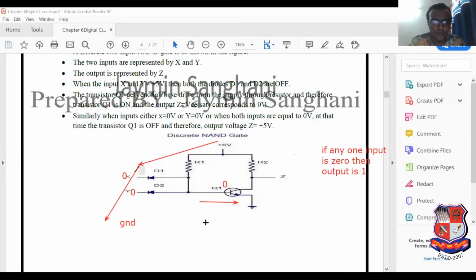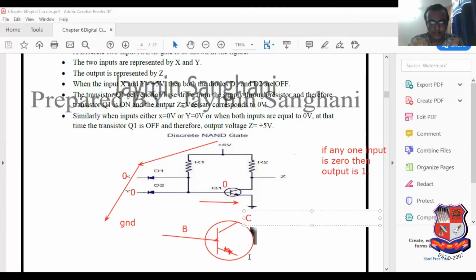Now I will explain this fundamental concept. See this very carefully. If we apply 0 volt here, see this. This is the symbol of the transistor. I have sketched it here and mentioned it with an arrow so you will be able to understand. It is known as the emitter, and here it is known as the base. Here it is known as the collector. Here it is known as the emitter.